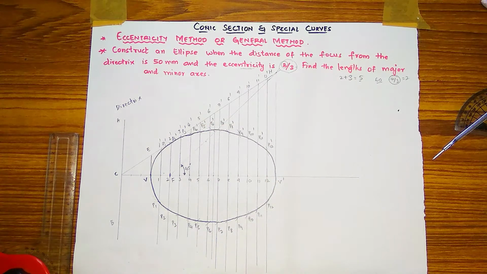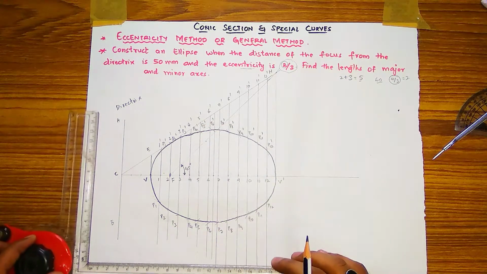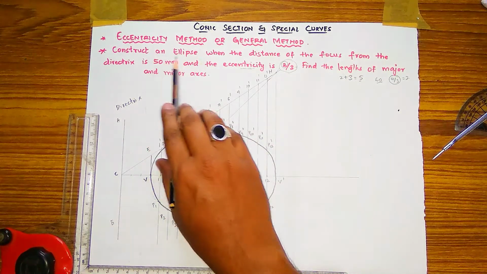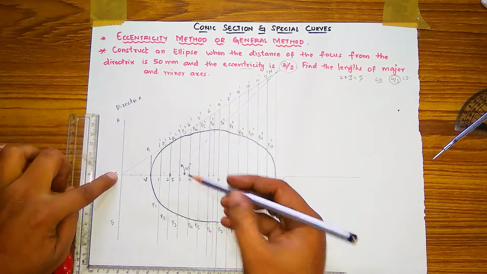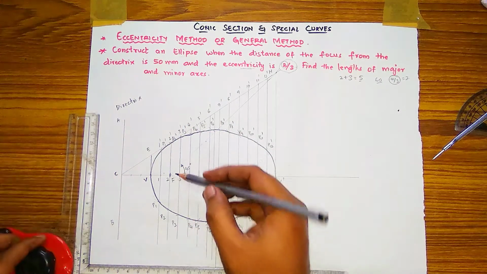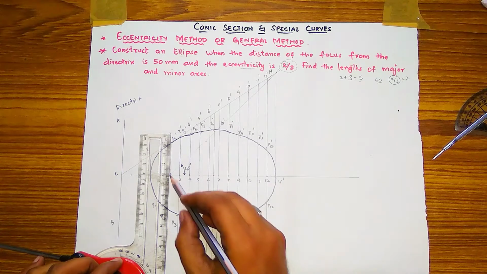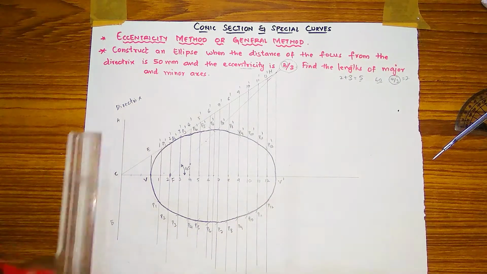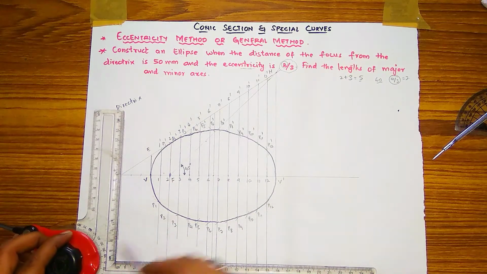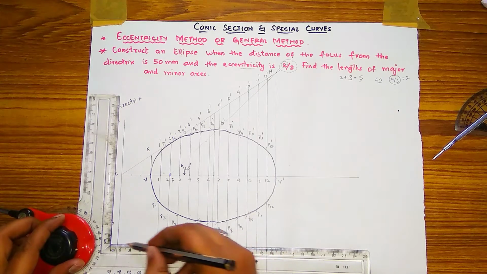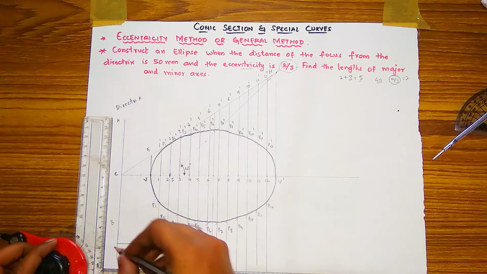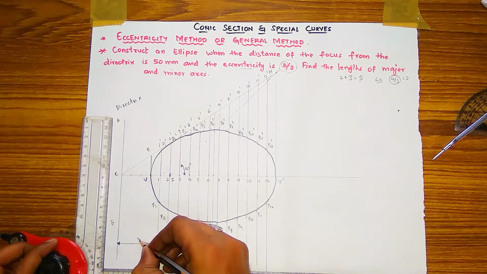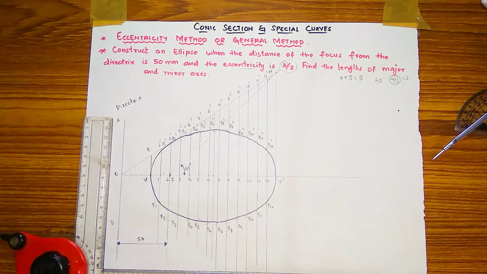Okay, now after that you have to show the dimensions. Show the dimensions means, in the question: construct an ellipse when the distance of the focus from the directrix is 50 mm. The distance of the directrix from the focus is 50 mm. So from that 50 mm extend a line or project a line from there, and you have to draw a dimensioning line, take an arrow mark, draw an arrow mark and show 50 mm. You have to show the dimensioning also.